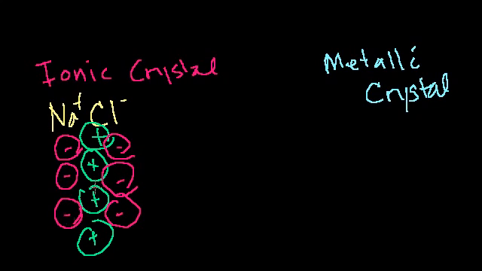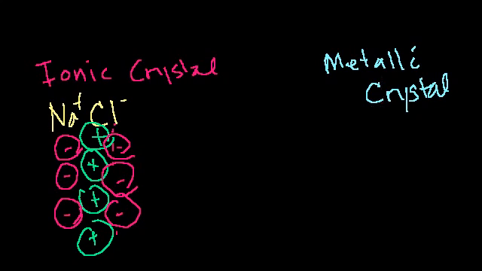And so this is a pretty strong bond, and it can have a pretty high boiling point, and this type of structure is actually quite brittle. So if you take some dry table salt, not dissolved in water, if you have a big block of it and you slam it with a hammer, you'll see that a big slice of it will just fall off, right? Because you're essentially just cutting it along one of these lines really fast. And that's the interesting thing. Whenever you do something on a macro scale, like cut something, you really fundamentally are breaking atomic bonds. So the strength of the atomic bonds really does tell you about how hard or strong something is.